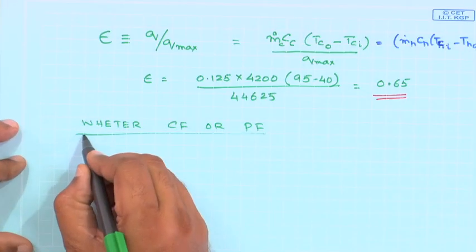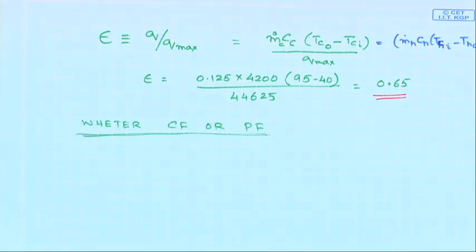So, our next job is to find out the ratio of the two areas required for counter flow and for parallel flow, and see which one is the smaller one. The one which would give the smaller heat transfer area requirement would be the preferred mode of operation. So, you would calculate the heat exchange area requirement for parallel flow as well as for counter flow, and decide which one it should be. So, let us start with this area requirement calculation.